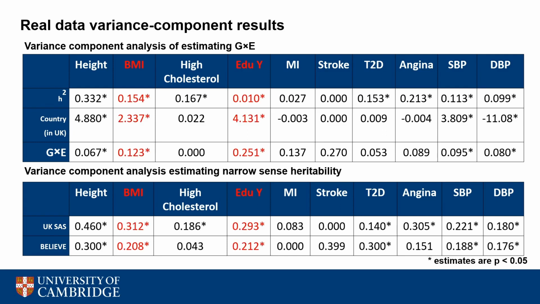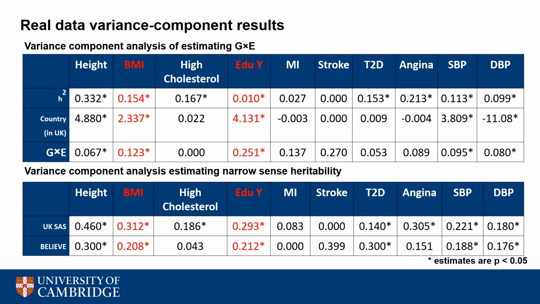So what can we summarize from this? We have small but significant effects for two cardio traits, SVP and TVP, and also for height. And we have two fairly substantial interaction effects for BMI and educational attainment. For educational attainment in particular, my results are consistent with the whole within-country effect basically masking a large gene-country interaction.